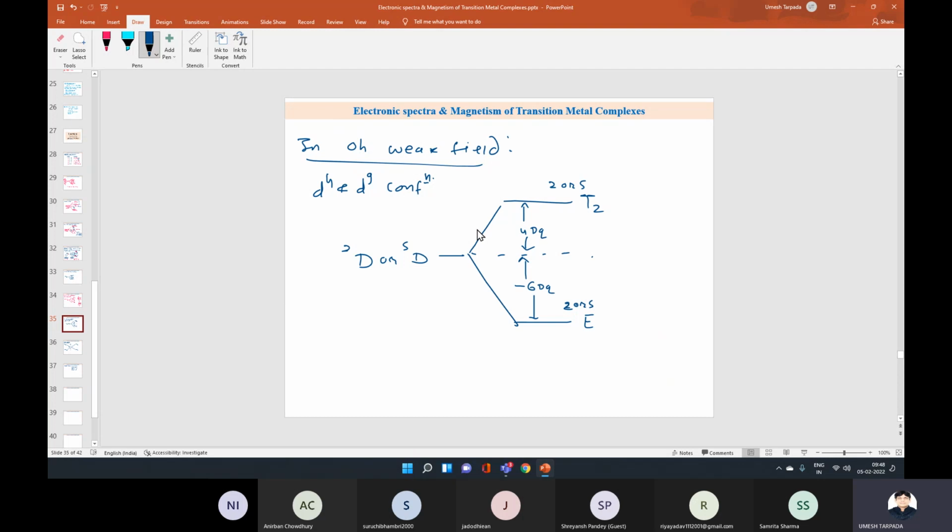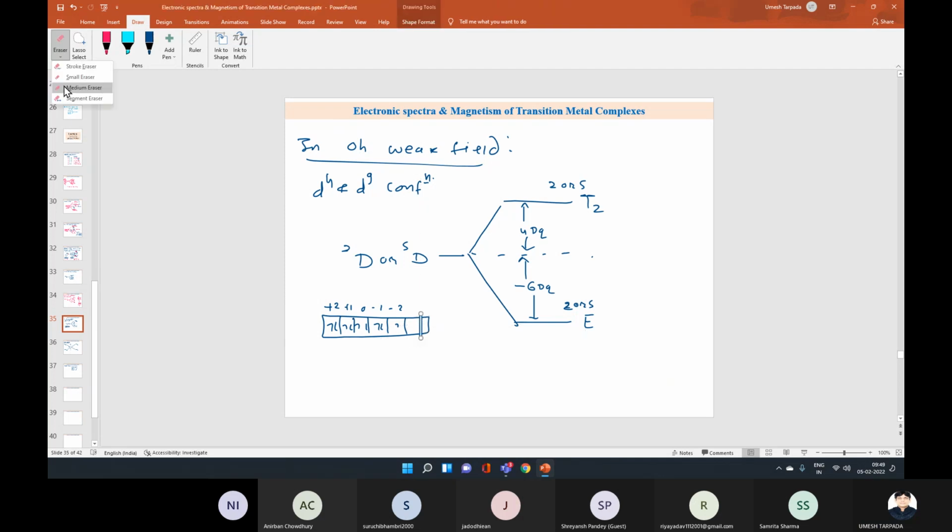बट D9 के केस में क्या है, इसमें आपके पास L वैल्यू जो पॉसिबल है वो एक ही है। L वैल्यू आप कैलकुलेट करोगे तो एक ही टर्म पॉसिबल है, और वो है D टर्म। L वैल्यू +2 आएगी। तो जो स्प्लिटिंग वाला डायग्राम है उसमें कोई चेंज नहीं करना है।